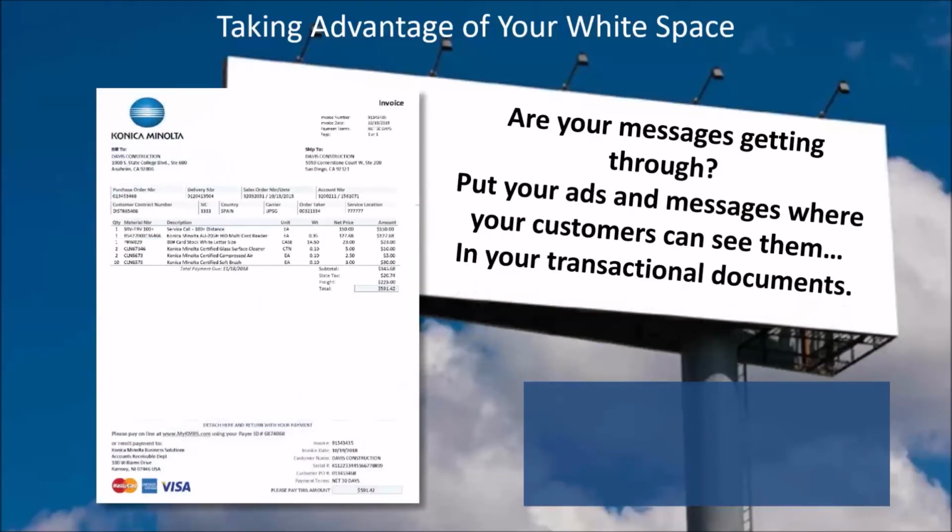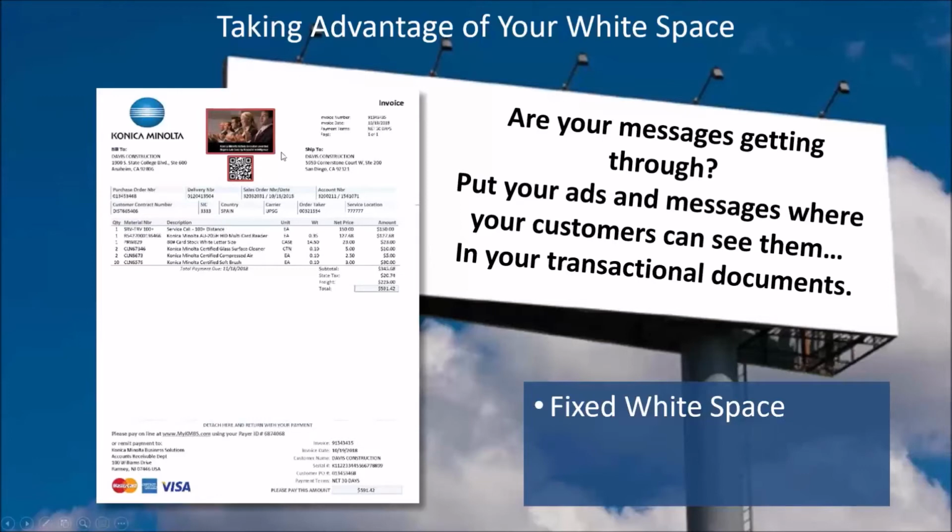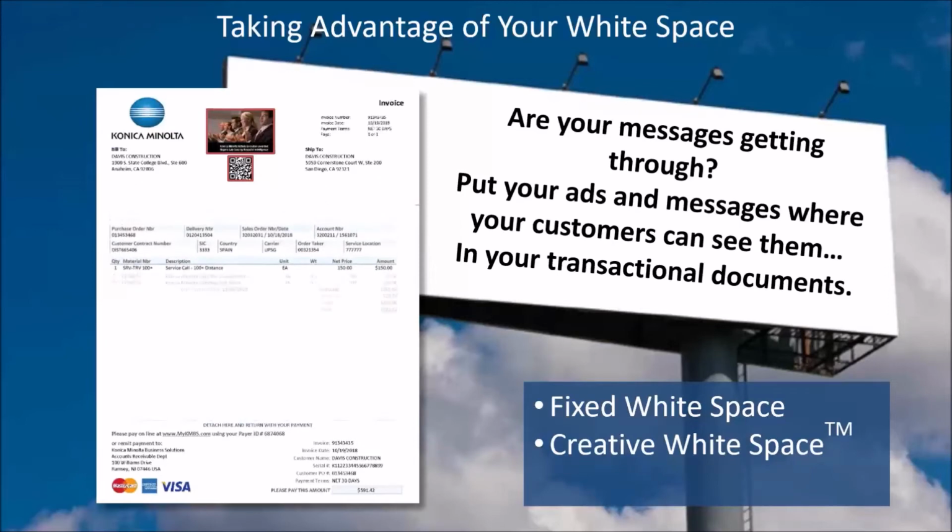So we talk about white space when we're talking about marketing and critical messaging, and there are 3 types of white space that you can take advantage of to promote or pass that critical messaging through. The first area is what we call fixed white space, and that's literally the fixed white space that is always empty on your screen or on your sheet of paper. So that would be perfect for just generic messaging. Could be good to tell your recipients that you have electronic cars now.